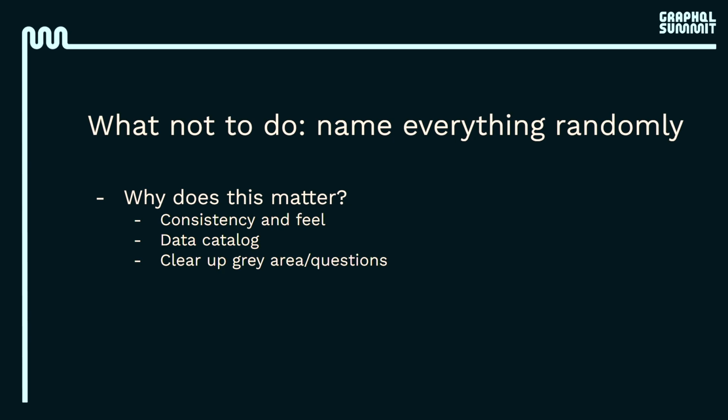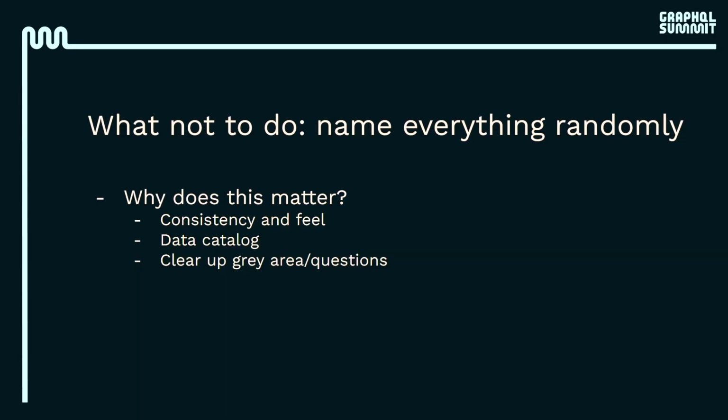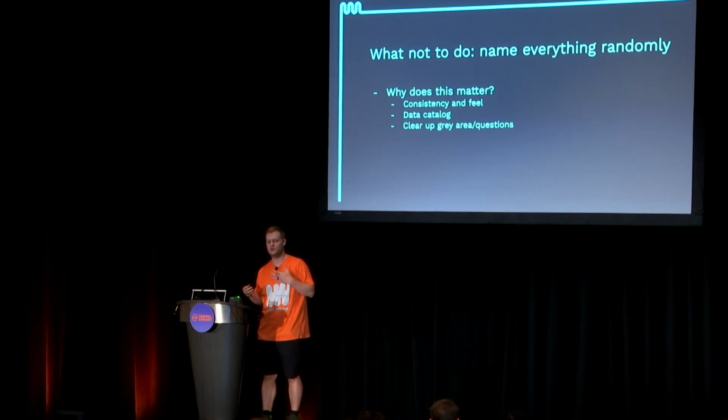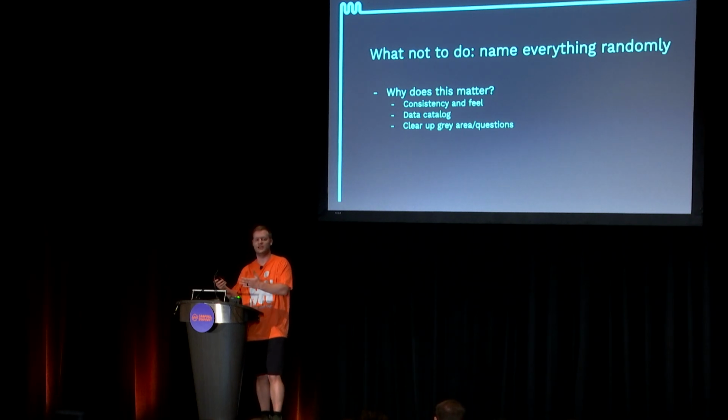Your graph is also a data catalog. It tells everybody everything that could happen there, everything you can grab. And part of that is you want people to feel the same way as they grab their things. If they grab a review versus a product versus a user, you want that to feel the same. You don't want them to feel differently because they grabbed one thing versus another. It also clears up a lot of gray areas and questions. If you have train casing happening, is that the same thing as something without train casing? Are those the same fields? It's very hard to find that out. With consistent naming patterns, specifically in types, you can find that out a lot more easily because you're not fighting each other in that case.